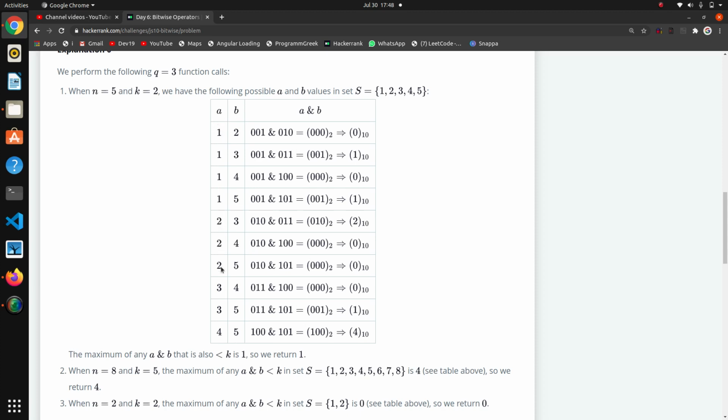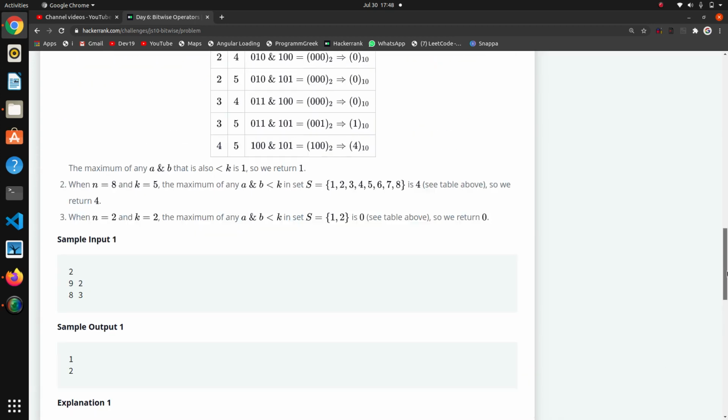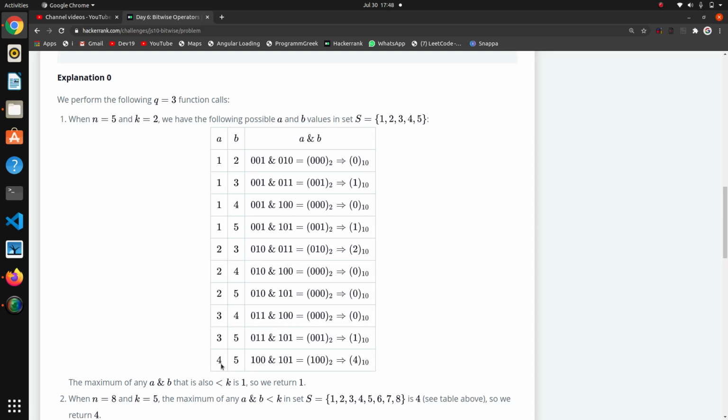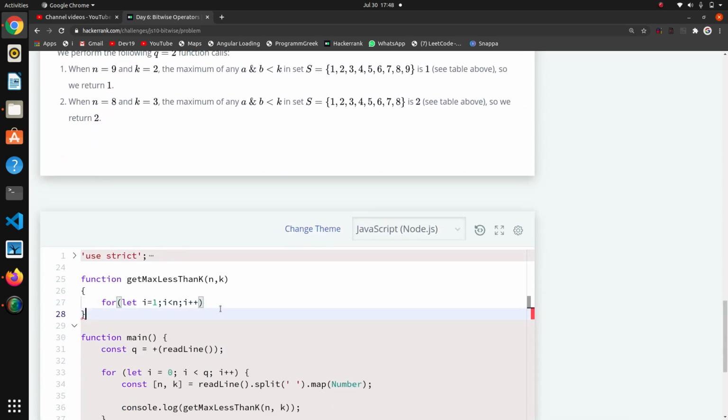We want to iterate till 4, meaning less than n, so we are considering the ith loop: i is less than n and i plus plus. We are iterating i till before n because, if we see here, we are going to check the conditions till 4. We are not going to 5 because every possible pair has been covered till 4. That's why we are not going to 5. So now we want all these possible j's, and for that I have to write one more loop.